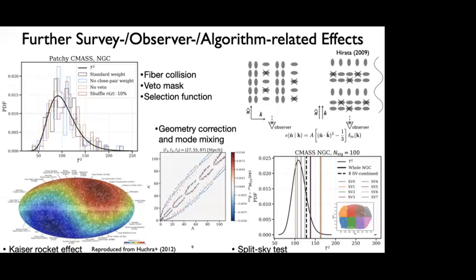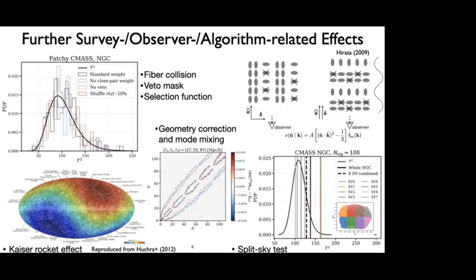Regarding the observer-related effects, such as the Kaiser rocket effect and the tidal alignment, both effects can lead to modulations in the density field along the line of sight direction, and they appear as a quadrupole and parity-even. Regarding the algorithm-related effects, the survey has an irregular footprint, and there we need to correct for the survey geometry,